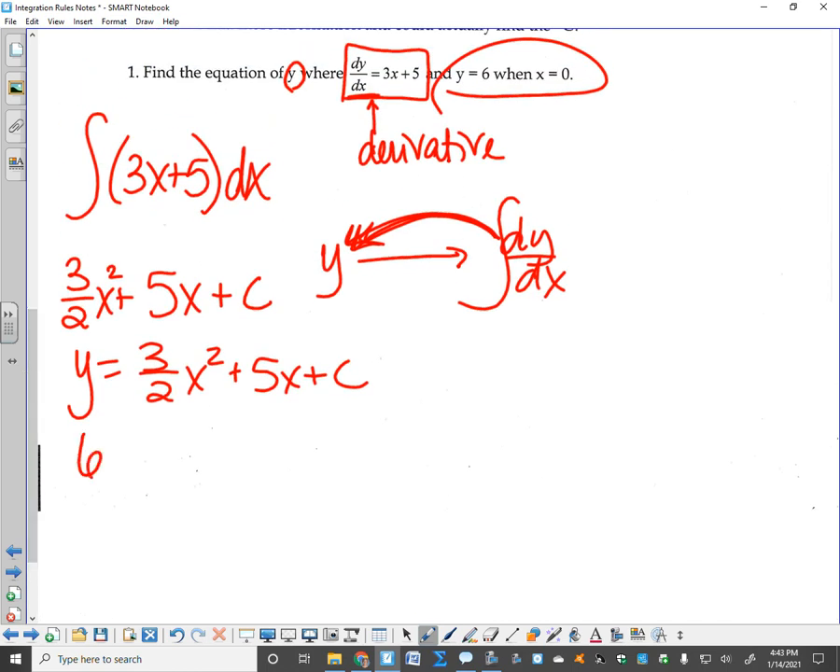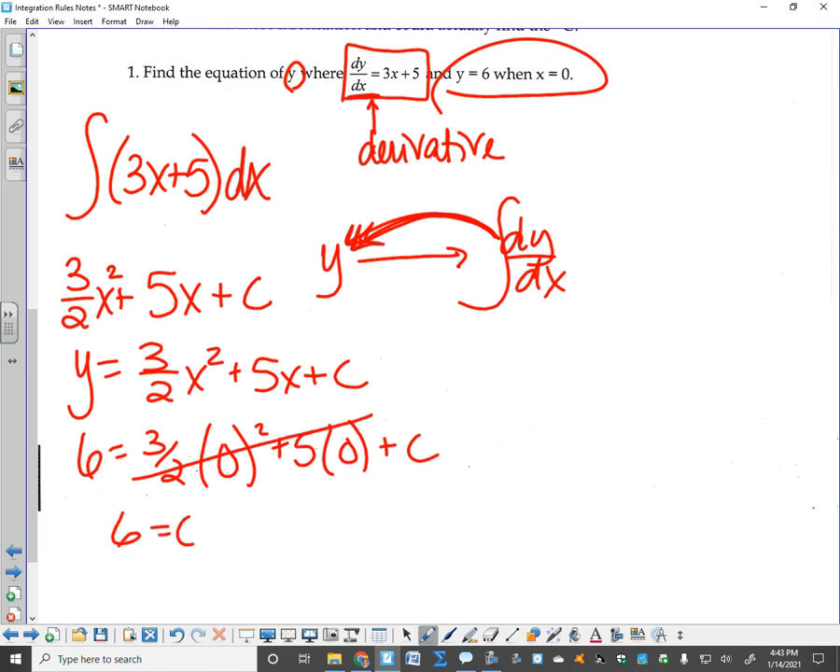So y is 6, x is 0. So what does c equal? Well, 0 wipes all that out. C is 6. So now,